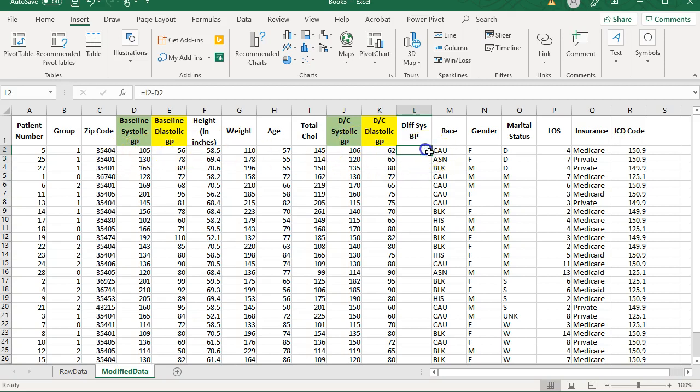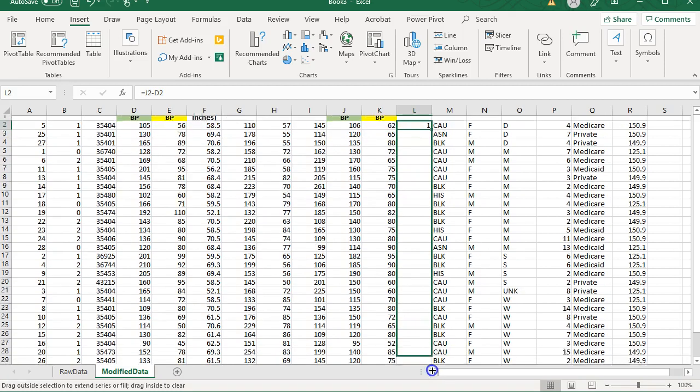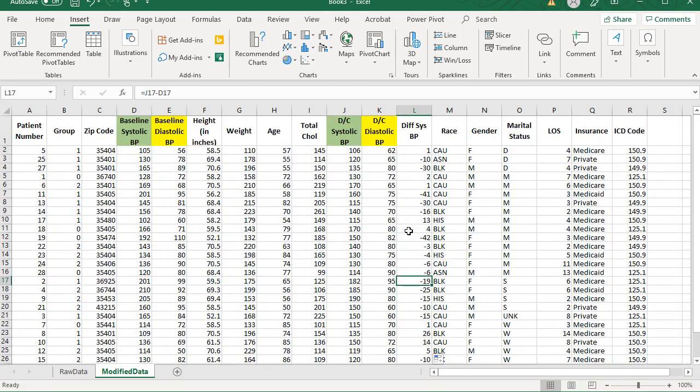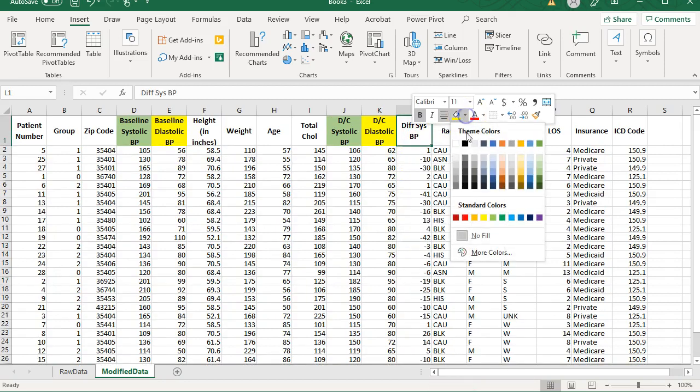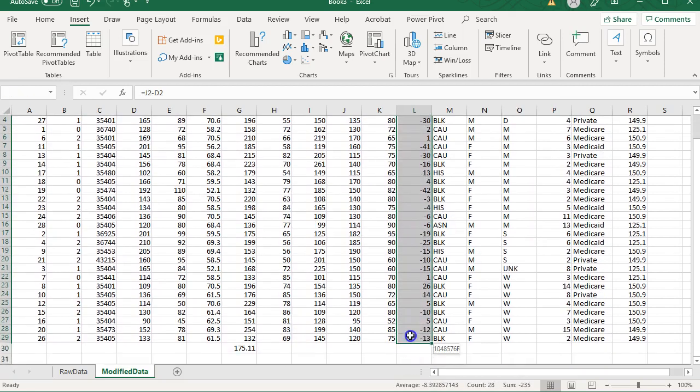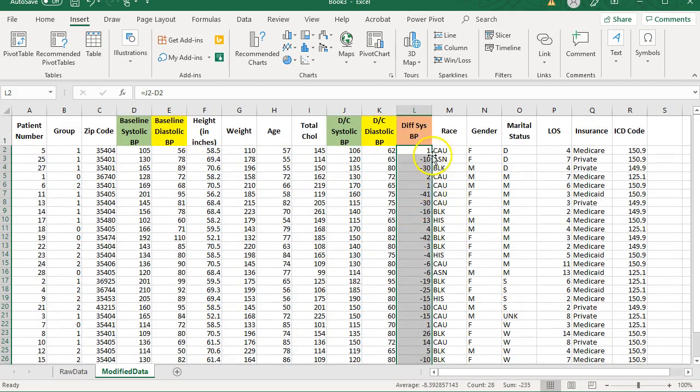be true. And we're just going to copy that formula, and I bet there's going to be some negatives. I hope there's some negatives. Yes. Okay. So that would be our formula column. Okay. So you'll do that also with your diastolic, and